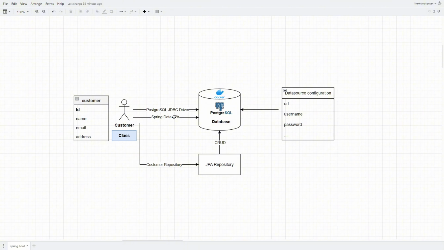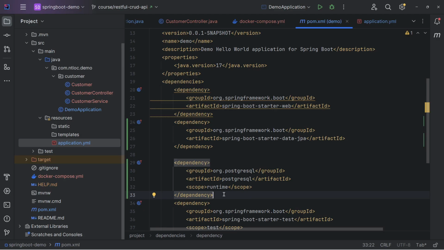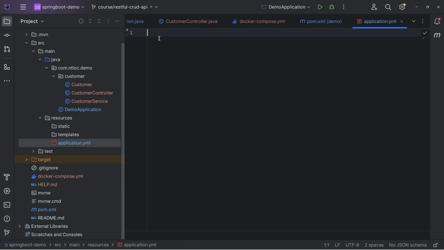The third thing we need to do is have the data source configuration within our application. Next, let's go to the data source configuration to perform the connection to our database. Within IntelliJ, click on the application.yaml file here.